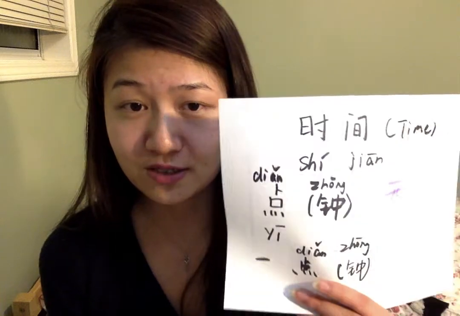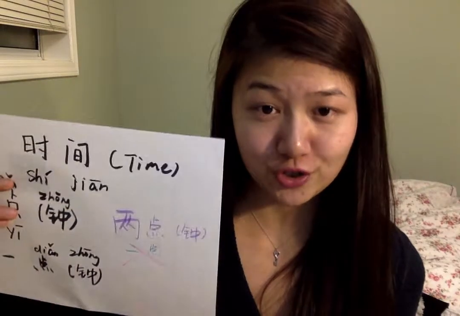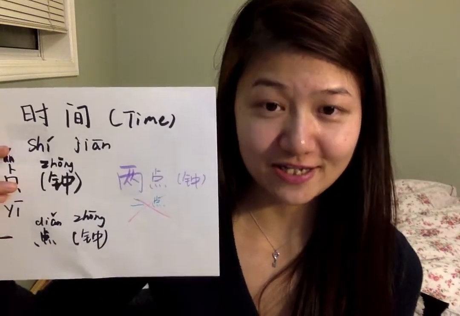So yeah, I think everything is related like this. So we learn number, right? And then now we learn something about money. It's also about number. And then it's time. So time also we need to use numbers. So first part is this one. So how do you say time? So time is 时间, okay? 时间. Let's repeat. 时间. Perfect.